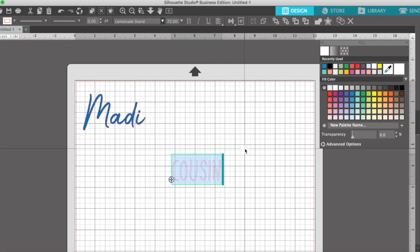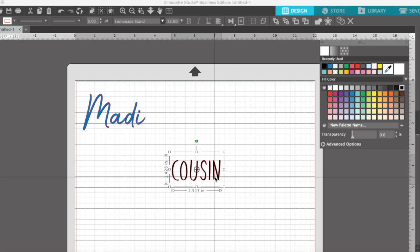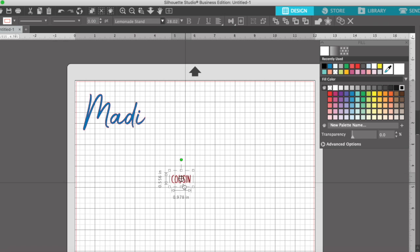So you pick your font and then place it where you want it to. So for this one, I'm going to make it really small and place it in between the M and the D so that it's far less conspicuous than the actual name itself. So here's my Cousin. We're going to shrink that down, move it up to where we want it,